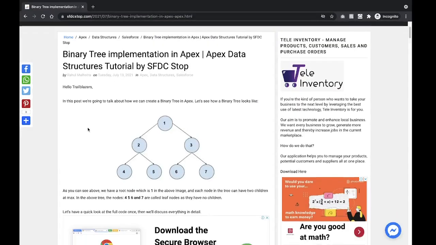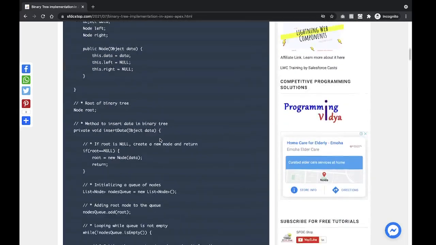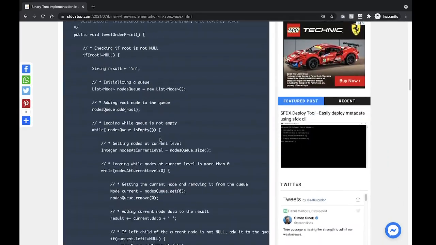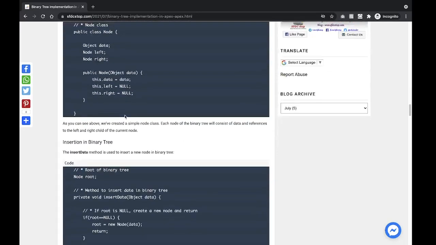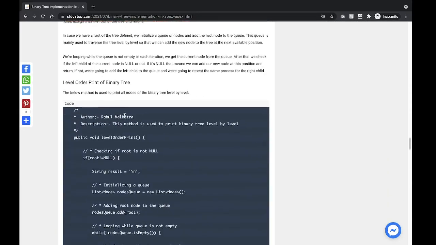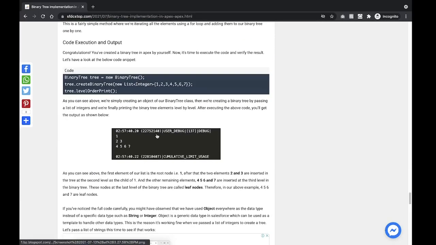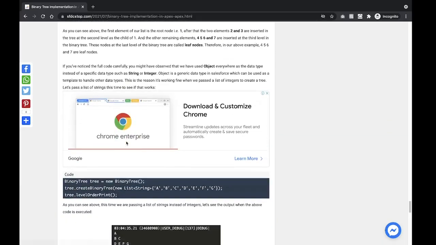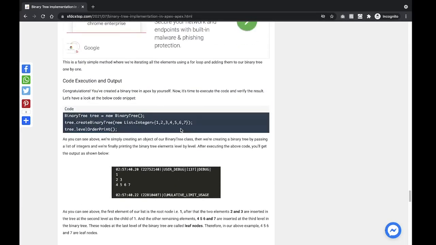This is my binary tree, and you will find all the code that we just had a look at inside the blog. I'll also share the link of the blog in the description of the video, so no worries there. We have the node class, insertion, and level order print. This is also fine, and creating a binary tree from the list of elements, the output, we have done everything. So I guess everything is covered.